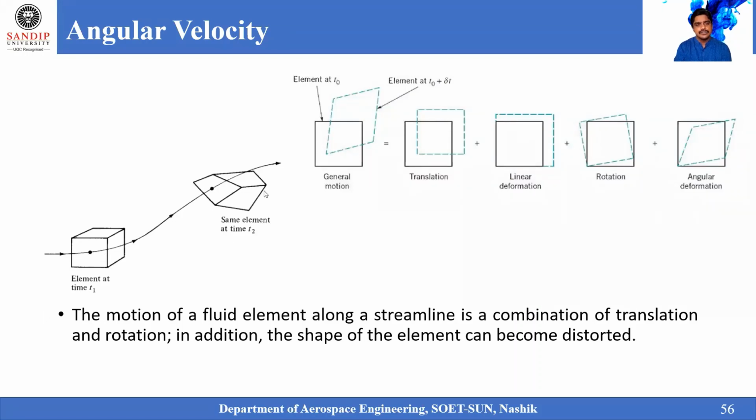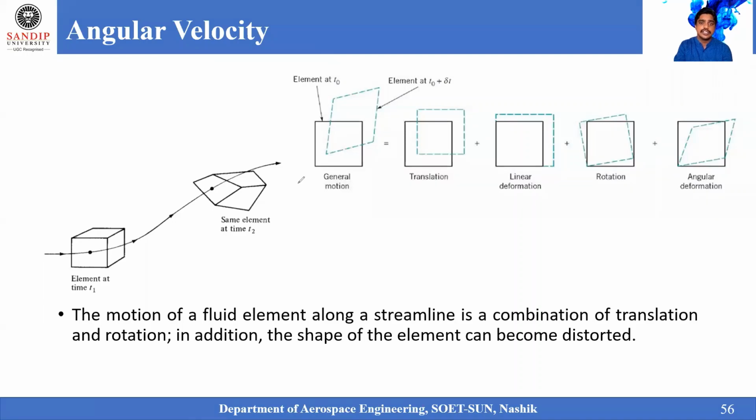Here you can see the fluid element has not retained its shape as at the time t1, but when it has reached from t1 to t2, it has changed its shape. Maybe because of the requirement of that particular fluid flow to transfer from one position to another, or whatever the fluid requirement or the geometry available. In order to discuss this particular fluid motion,